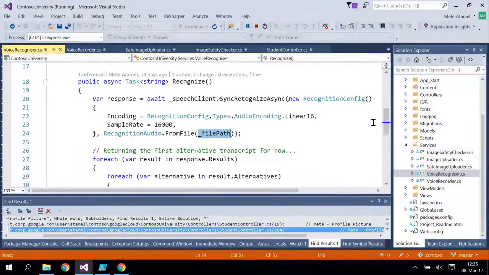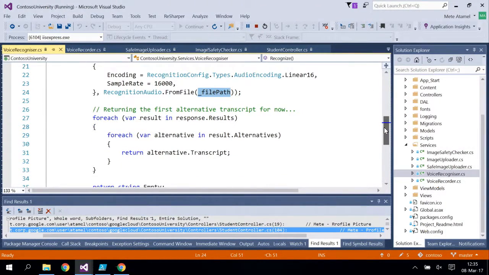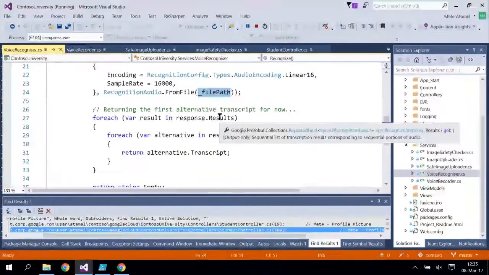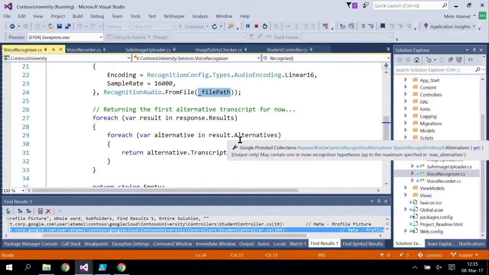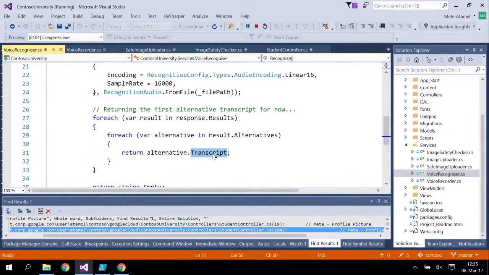And then this gets sent to the speech API in Google Cloud, and that returns some results. Usually when you pass in your voice, you have one result back, and you can just use that. But sometimes, depending on how clear your voice is, you might have multiple results with multiple alternatives. Each alternative has its own confidence level, so you would look at the alternatives and pick the one that has the highest confidence. But in this case, I'm just looking at the first alternative and returning the first one, because this is just a demo.